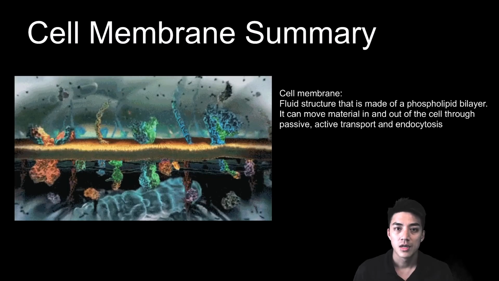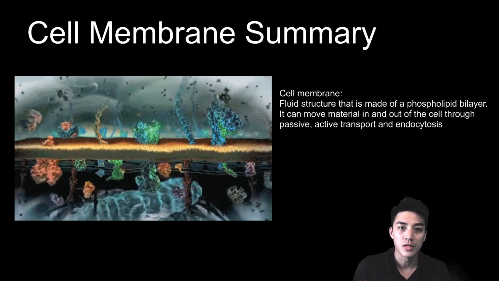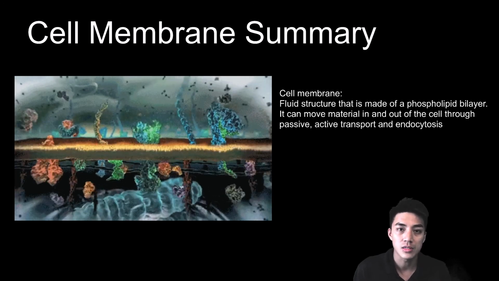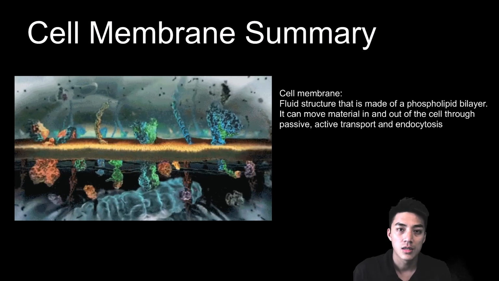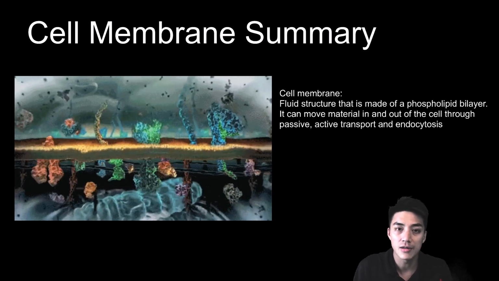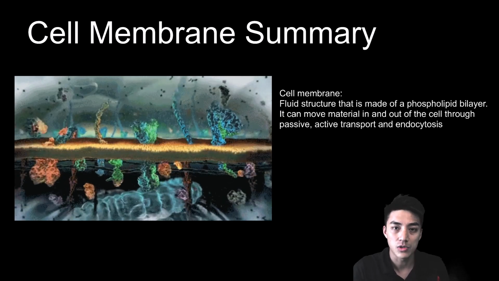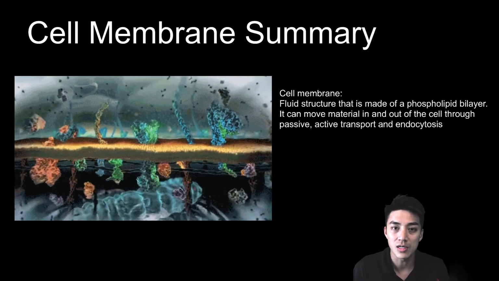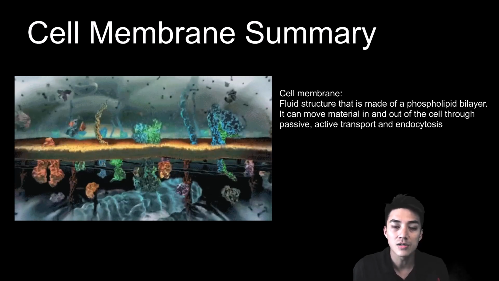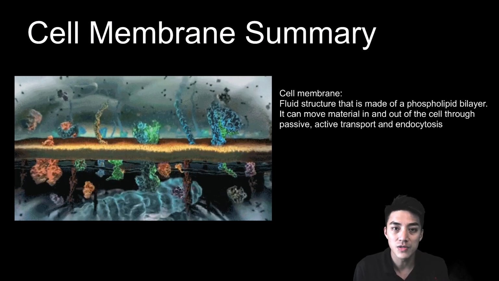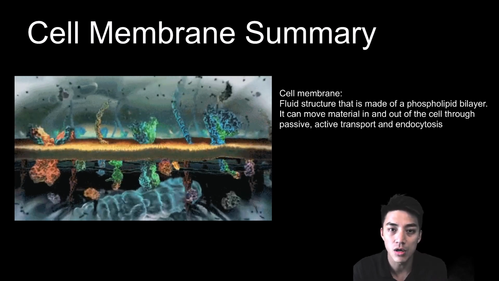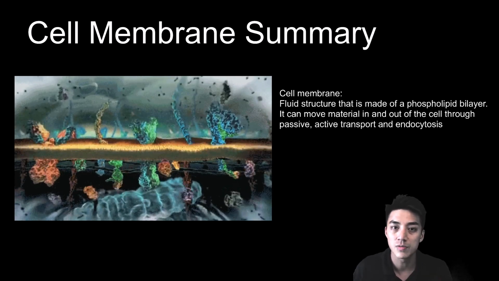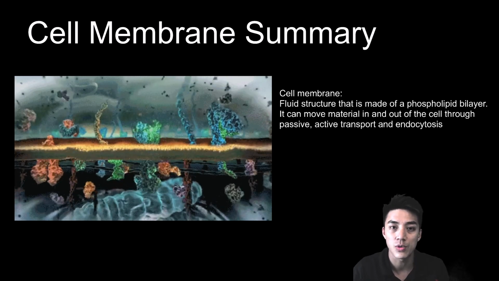Here's a summary of what we learned today about the cell membrane. The cell membrane is a fluid structure made of a phospholipid bilayer, and you have proteins and carbohydrates that are embedded within it. The cell membrane can also move materials in and out of the cell through either passive transport, which requires no energy, active transport, which needs energy because you're pumping something against the concentration gradient, and endocytosis, which means the cell forms a vesicle around the cell membrane and it's drawing materials and nutrients inside the cell. There's also exocytosis, which means the cell removes materials using a vesicle that fuses with the cell membrane and it ejects the